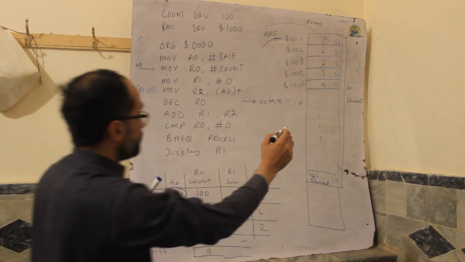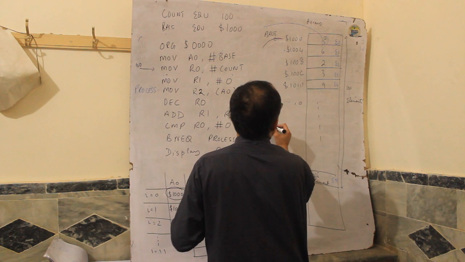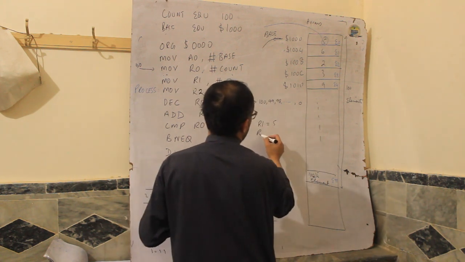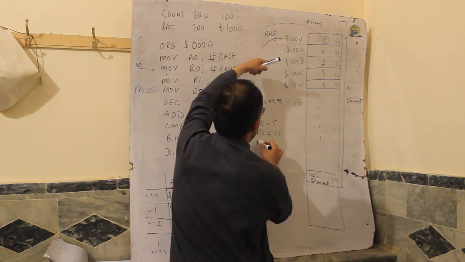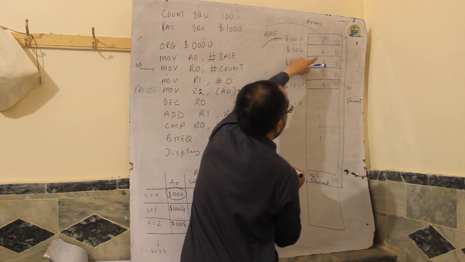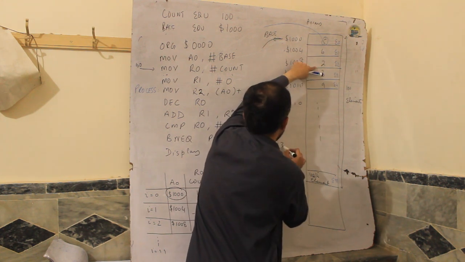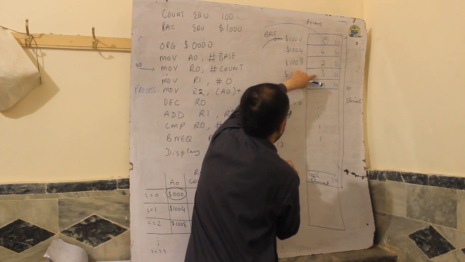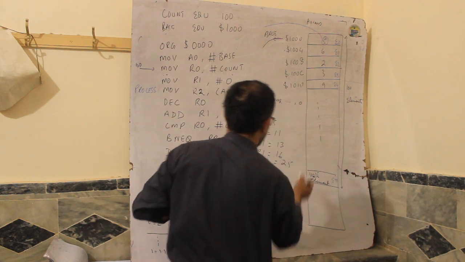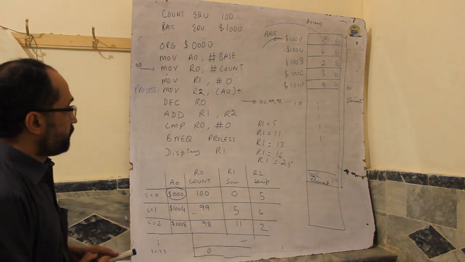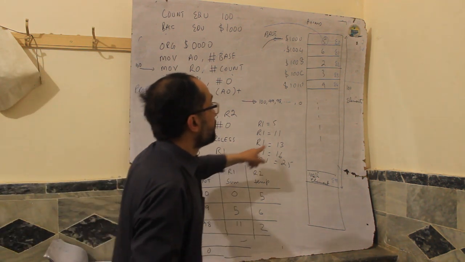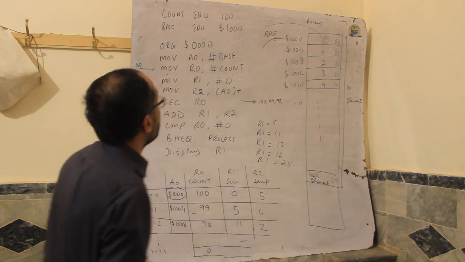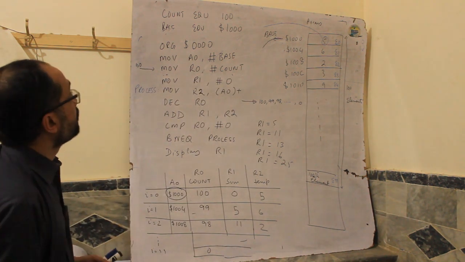In the first iteration, R1 will contain 5. In the second iteration, R1 will contain 5 plus 6, 11. In the third iteration, R1 will contain 11 plus 2, 13. In the fourth iteration, R1 will contain 16. And in the fifth iteration, R1 will contain 16 plus 9, 25, and so forth. So at the end of all these iterations, the register R1 will contain the sum of all elements of the array, and that's the advantage of using the equal